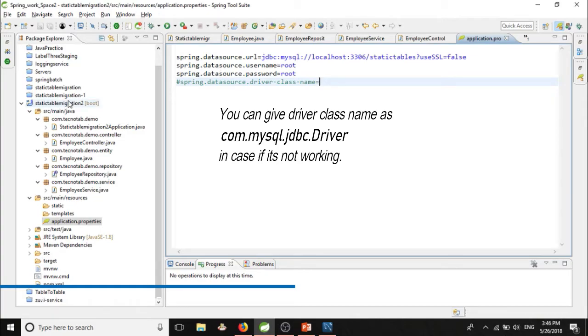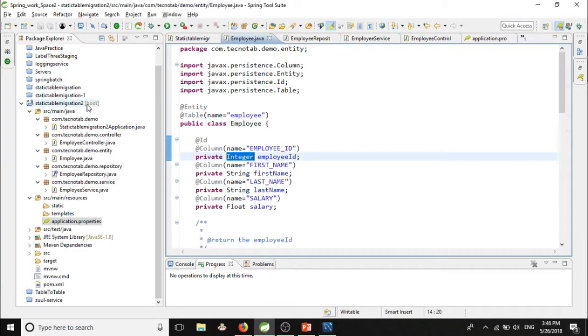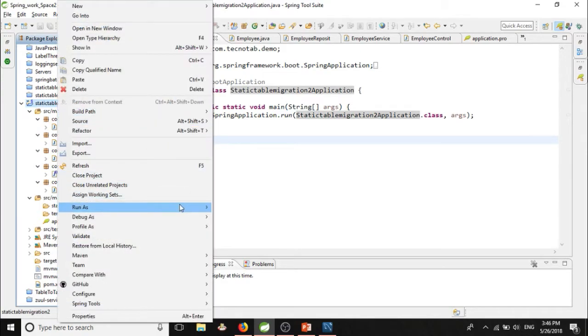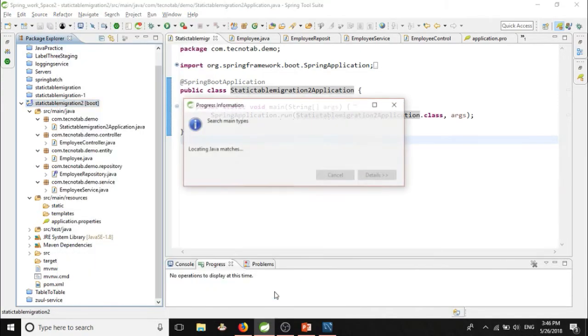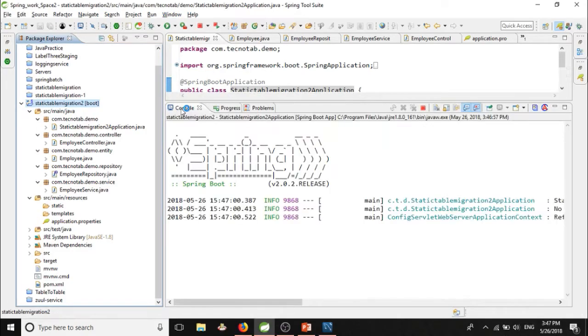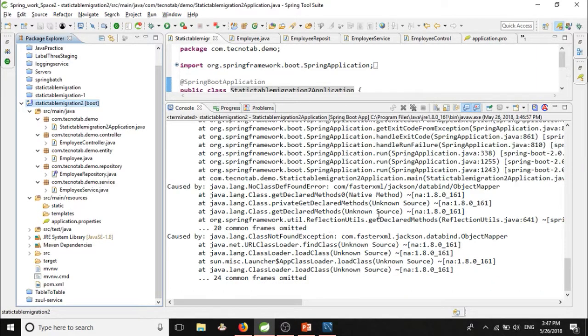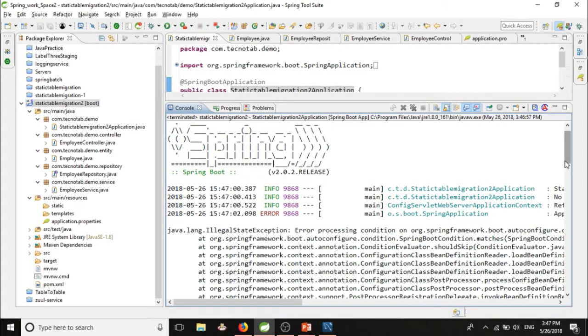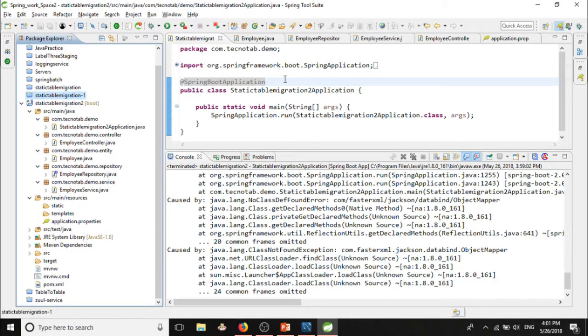Now let's run our application and see if everything is working fine. If everything works fine, we will get the output. For running the application, let's go to Run and Run As a Spring Boot application. So we have got some errors. Let's see what it is. So friends, there seems to be some problem with the version of Spring that I am using.